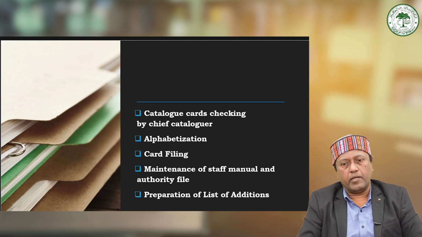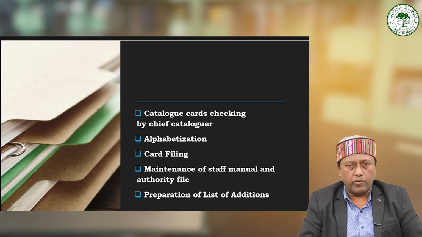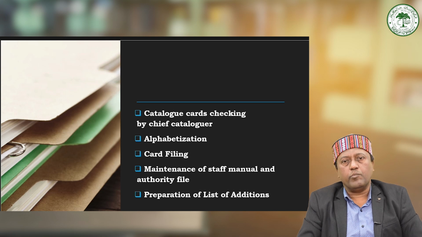So what simply can be done is the preparation of a list of editions, which is a standard practice in many libraries, aimed at informing patrons about the new materials acquired by the library. Normally it is issued periodically, such as weekly, fortnightly, or monthly. So make it a practice that weekly, fortnightly, or monthly you come out with that list, and that list can be put up on the notice board, mailed, or put up on the library website, so that the users come to know what the library has acquired recently,